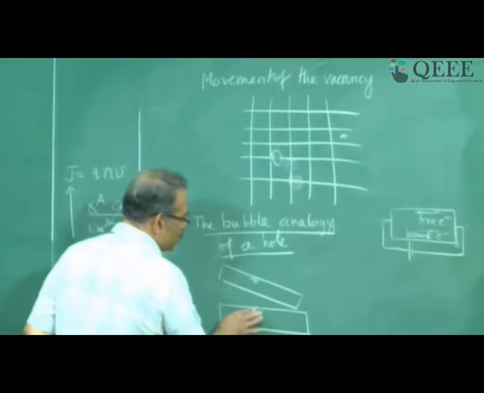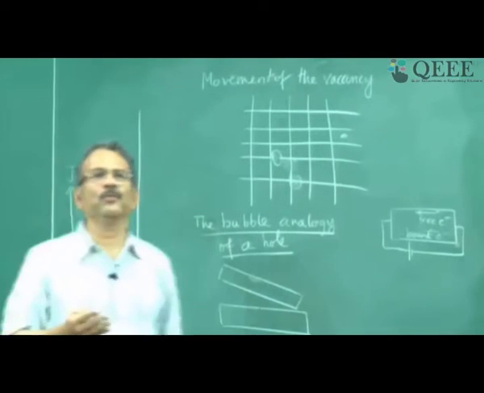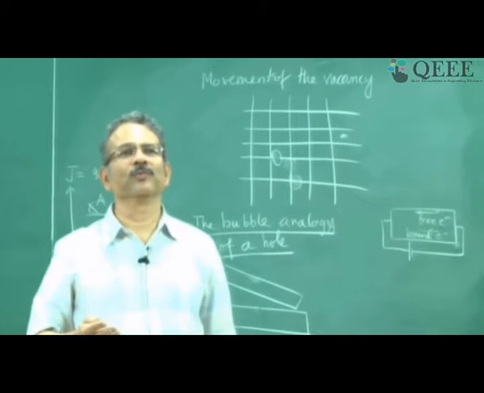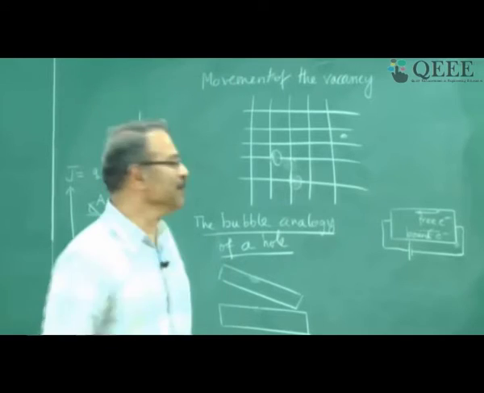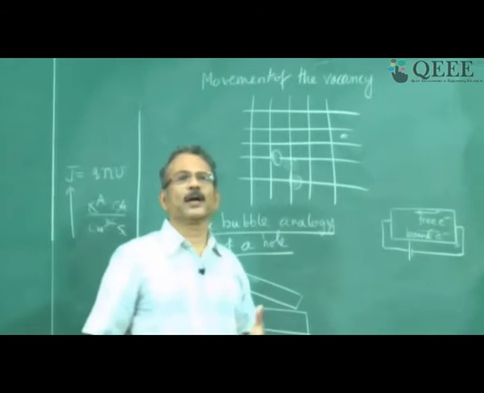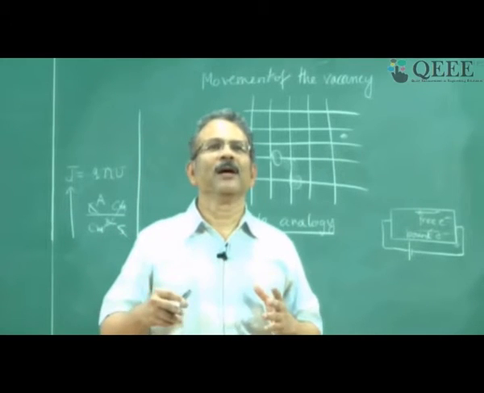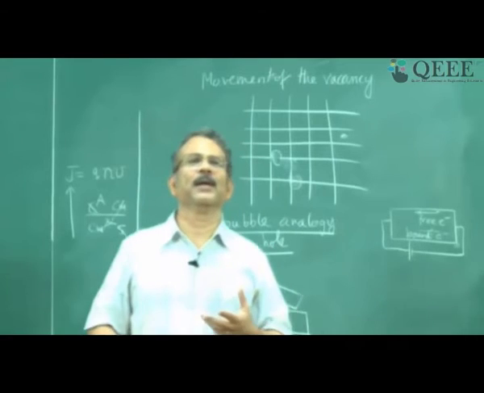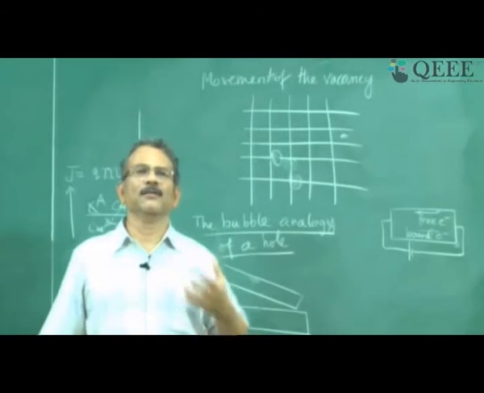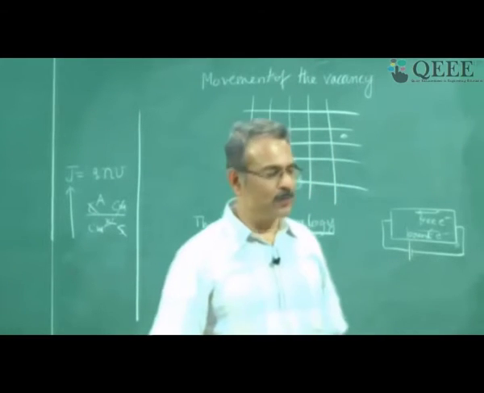Suppose this tube was full of liquid. If you tilt the tube, will the liquid move? No, the liquid won't move, because the tube is full of liquid. So in a similar way, at t equal to 0 K, since all the bonds are intact, there can be no movement of electrons. But when t is greater than 0 K, some free electrons are created which leave behind vacancies, and through the vacancies the bonded electrons can move, giving rise to current.